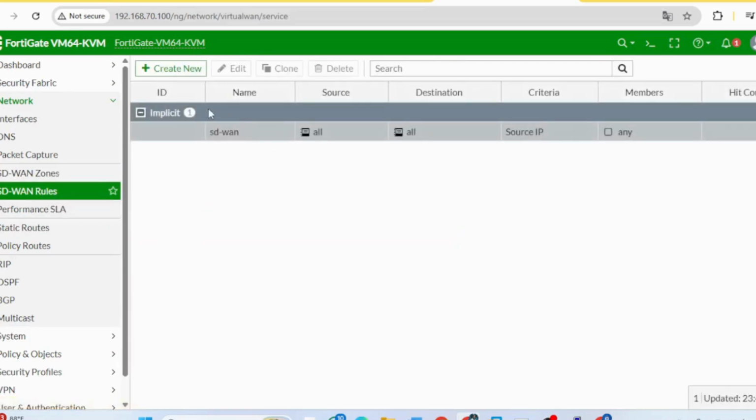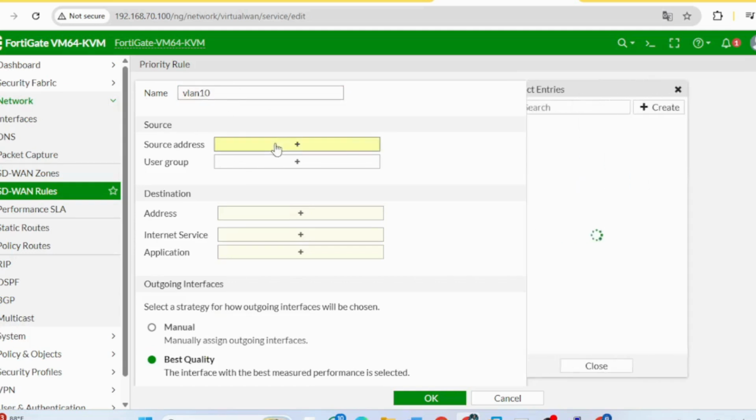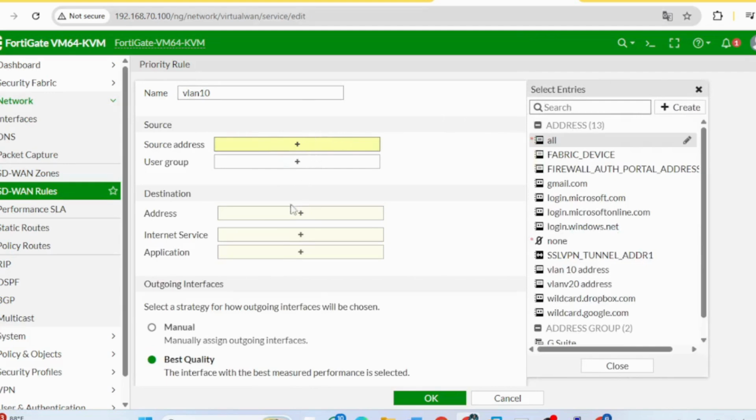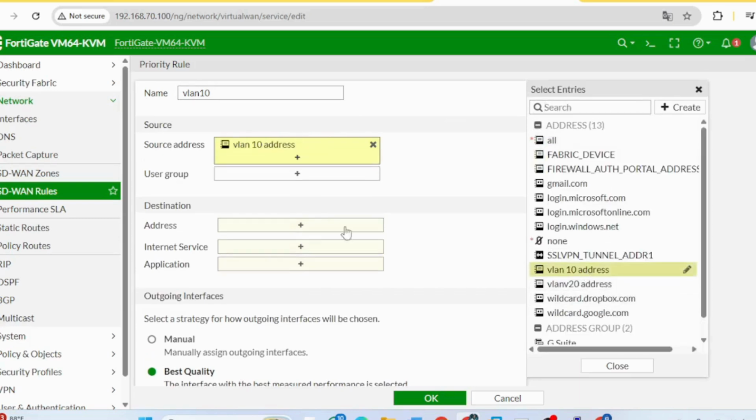After that we need to set the priority rule. We can name it VLAN 10, and then we will add. Wait a second, there's a problem. Yeah, everything's done. Now we need to add the source address. Fortunately, we can just add the interface we already created. Just need to change and fill the blank.